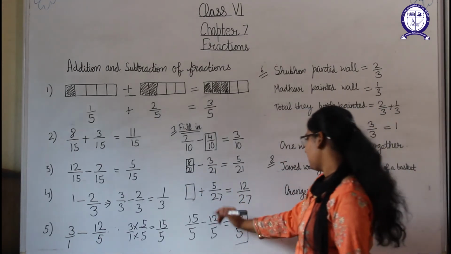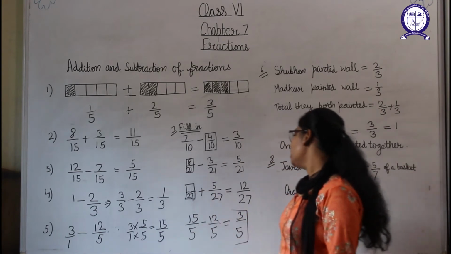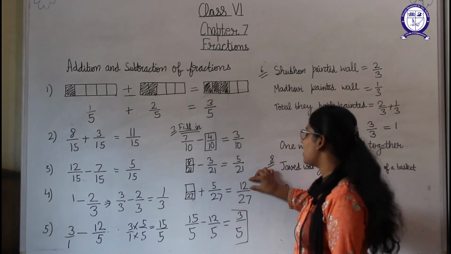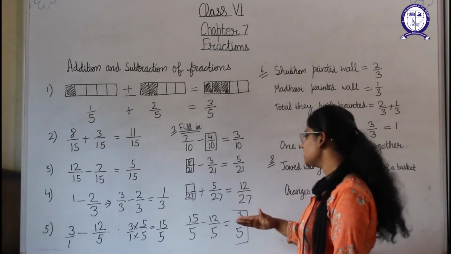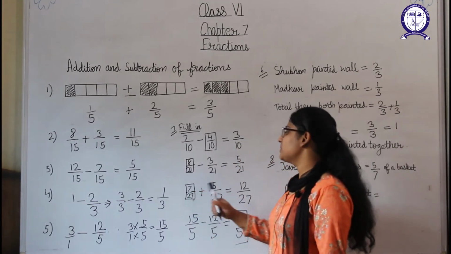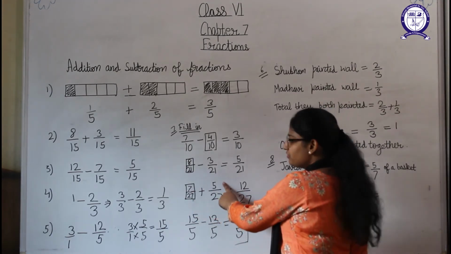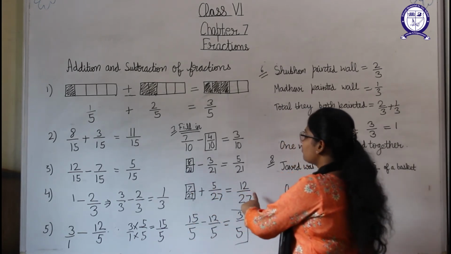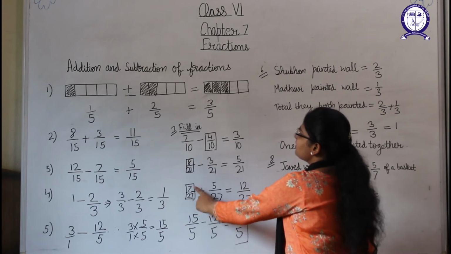Now in this 27 and 27 are the denominators, so we will put 27 as denominator. Now here we have to add some value to 5 so that we are getting 12. So what will be that value? 7, because 7 plus 5 gives us 12. So we will put here 7. So our answer for this is 7 by 27. As we know that denominators will be same and we can add or subtract, whatever the case is, we take the values of numerator and we will get the answer. So here 7 plus 5 gives us 12, so here answer will be 7 by 27.